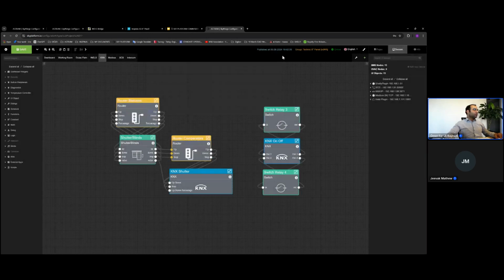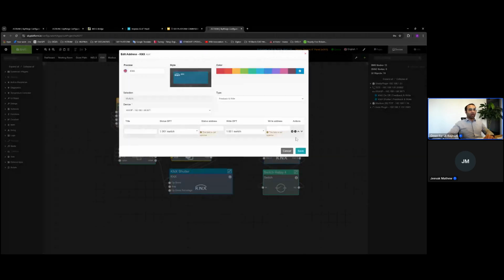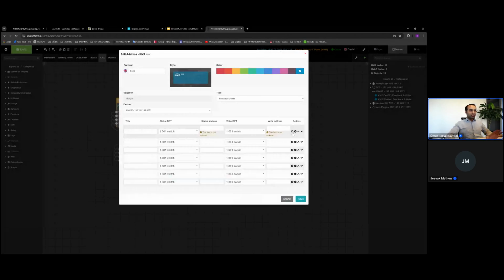Okay, by the way, I forgot to show how to add your KNX group addresses. This is my KNX IP device here. After adding KNX IP, we will click on this plus icon to add KNX group addresses. There is no automatic ESP file uploading to SkyPlatform. You just need to write your group addresses one by one, because you must know them,